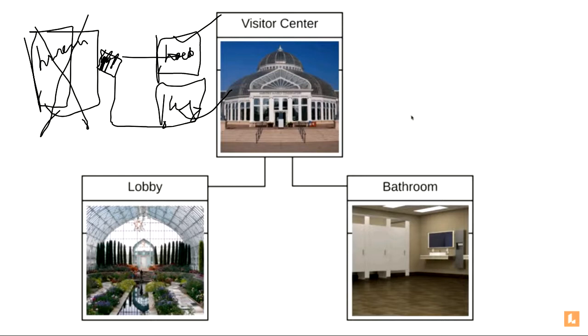In aggregation, if the parent class is destroyed, if the group of tortoises is destroyed, even then the single tortoise will exist. If the computer is destroyed, then also the keyboard and mouse will exist. So those are aggregation. But in composition, if the parent class is destroyed, the child classes will also be destroyed.